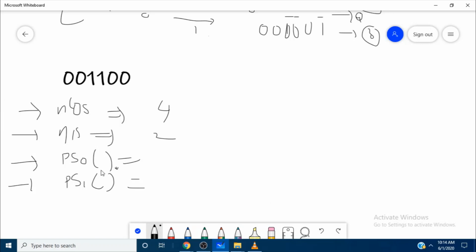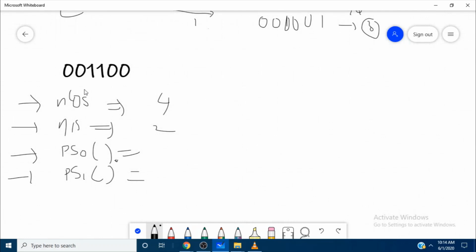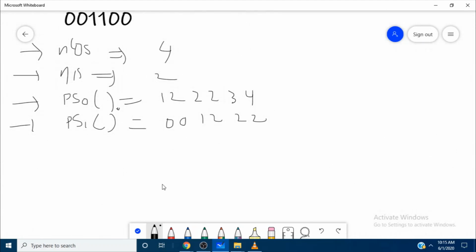So I will explain why we are using prefix sums later. So let's calculate the first prefix sums of zeros. So here encountered, not encountered, not encountered, encountered, encountered. Okay, cool. Next, not encountered, not encountered, encountered, encountered, not encountered, not encountered. Okay, cool.